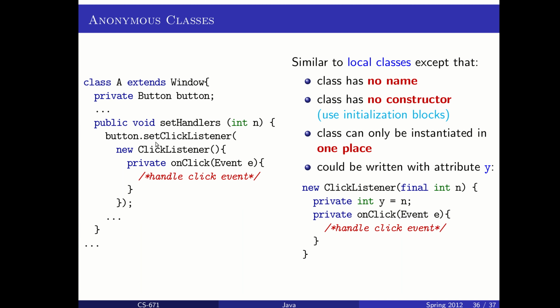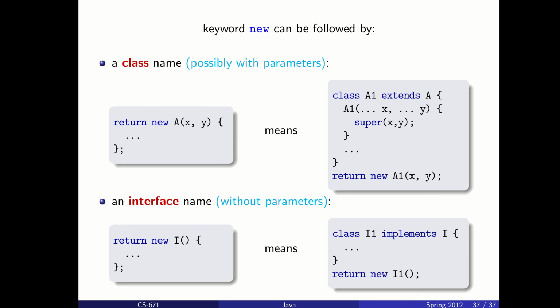I've written these sometimes and then decided later to expand them out to be an inner class or to be their own separate class if I've found I needed to reuse it somewhere. But most of the time when you're writing listeners or other short little things that just handle some specific behavior, you can use an anonymous class for that. So when we use the keyword new, in fact, in Java, we always thought that we could just use it to call constructors, but actually it can be followed with a class name or an interface name using these local classes or these